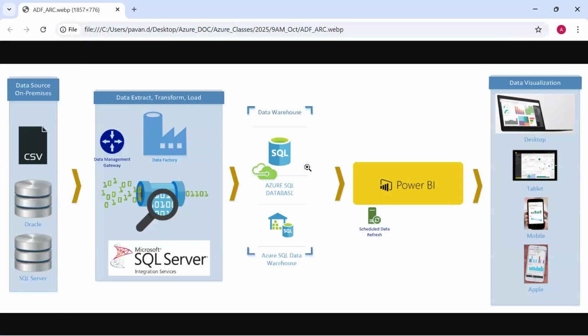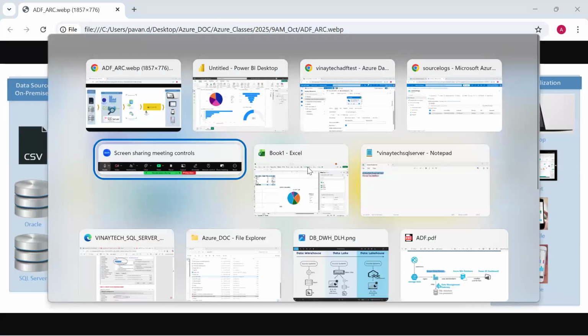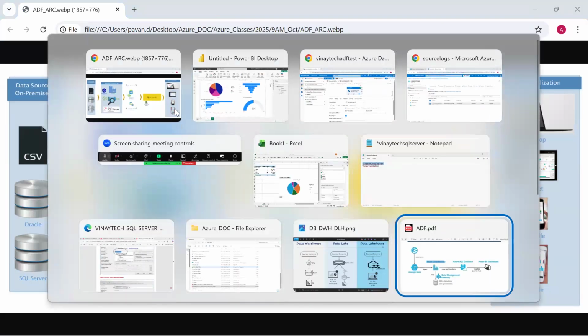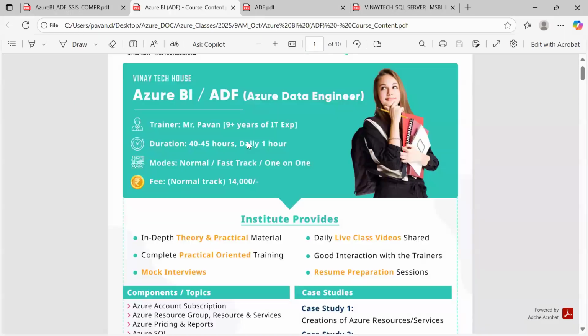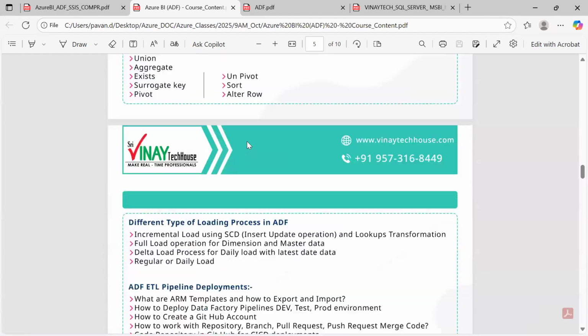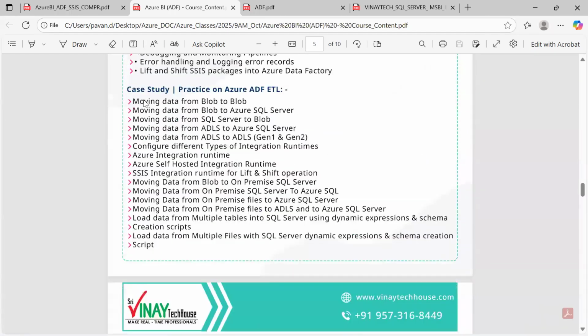Clear? Right? Till here we developed. Like this, we have many requirements, guys. This is just one requirement we have seen today. Moving data from blob to blob to Azure, we have seen today, right? This part we have seen. There are many such requirements like this. Going further, we'll discuss that in detail. Any questions, any doubts?